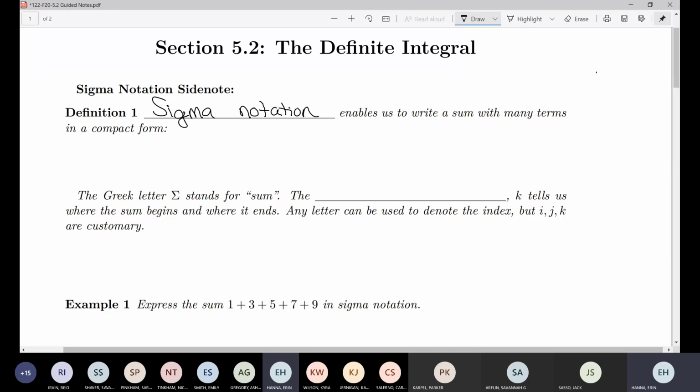So if you think about the things we were just doing, we weren't going over tons and tons of terms. We were going over 3 or 6 terms or something like that. But say I asked you to do a Riemann sum of 20 terms, which I would never actually ask you to do, but say I did, then you'd have to write out 20 terms, and that's pretty gross. So essentially what sigma notation does is it writes it very compactly. So it would look something like this,